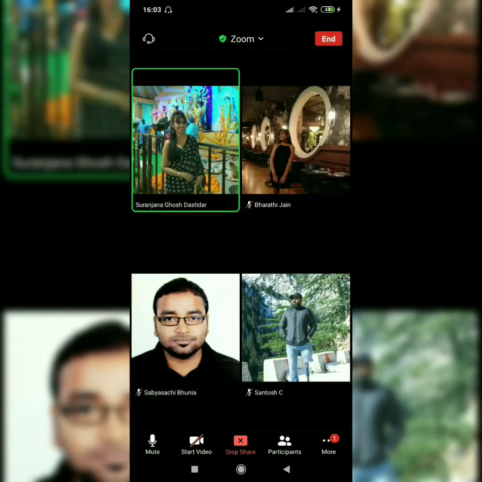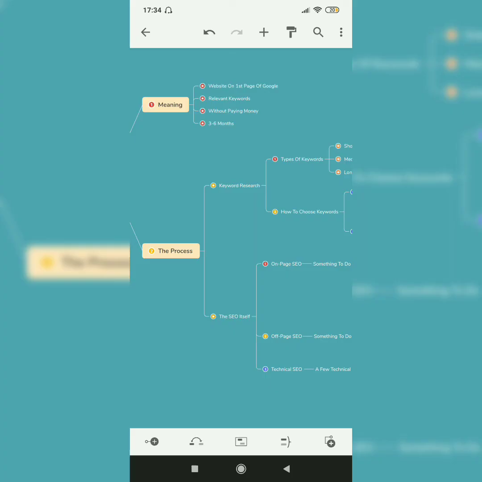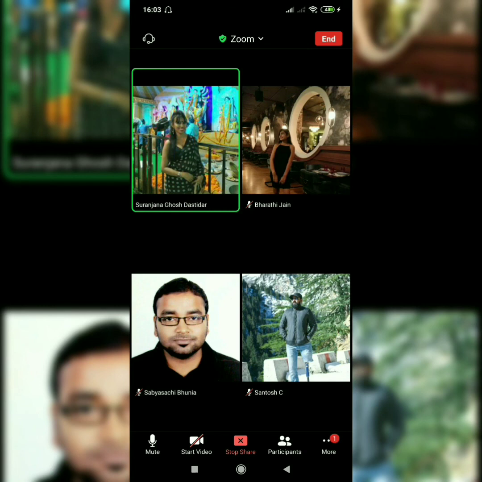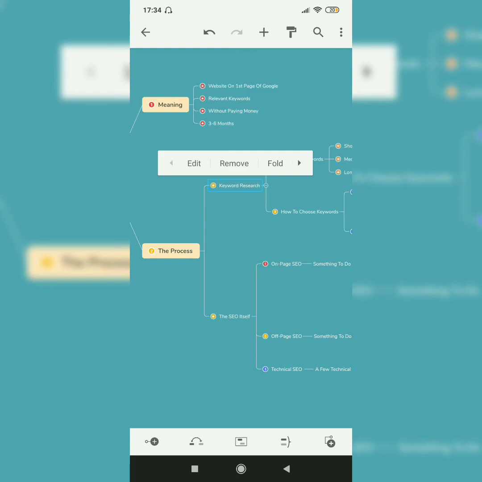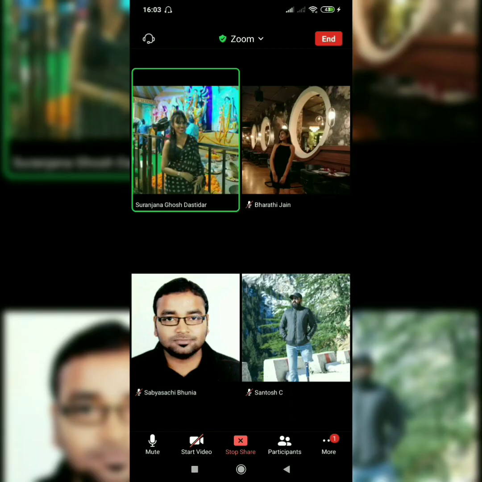So before wrapping it up, let me give you a quick rundown of all of it again so that you can have a quick snapshot of it. So firstly, you have to do keyword research, which is this, and then keep all of these things in mind. All right. Once you are done with this, you can simply close this and then go for the SEO processing. So on this SEO processing, first you need to do the on-page SEO, then off-page SEO, and then the